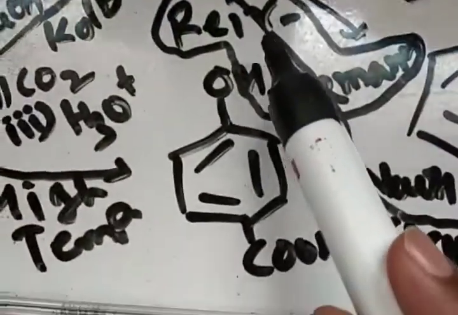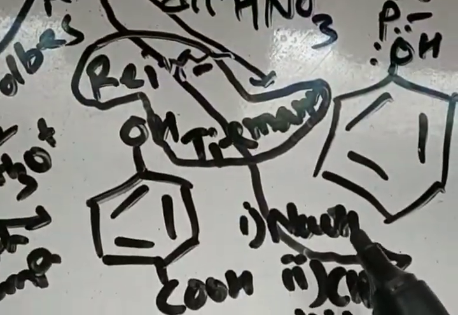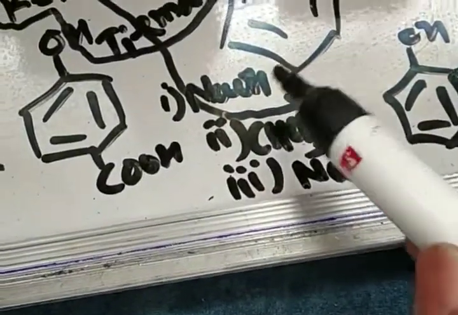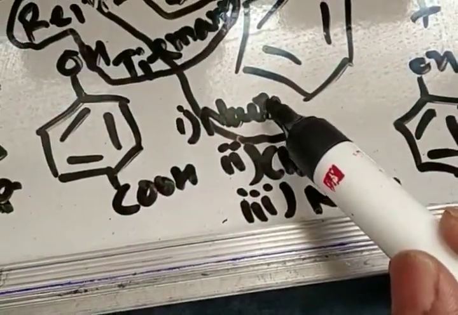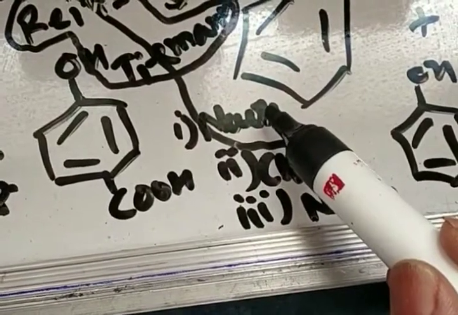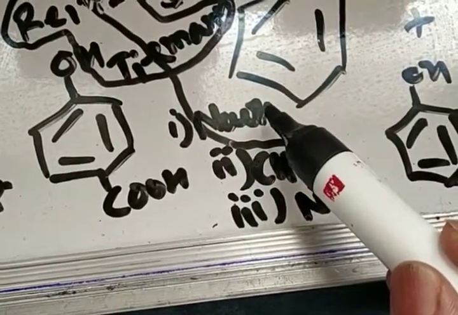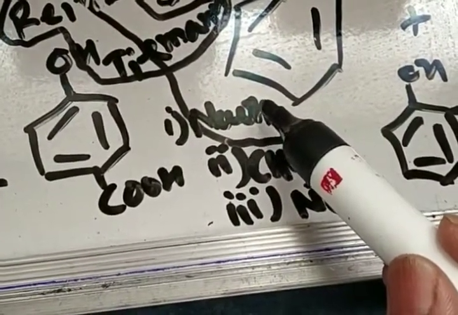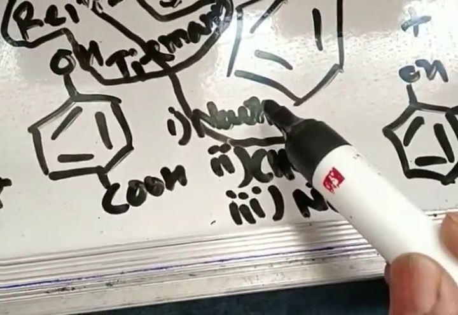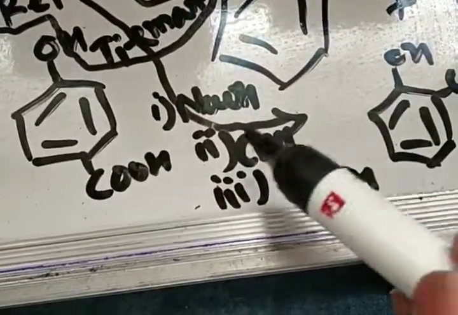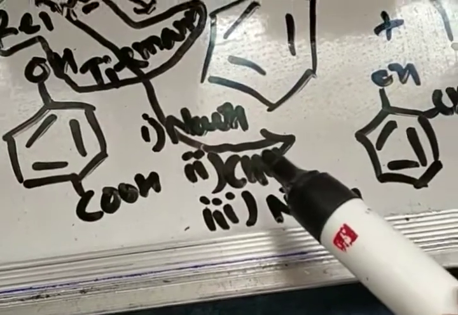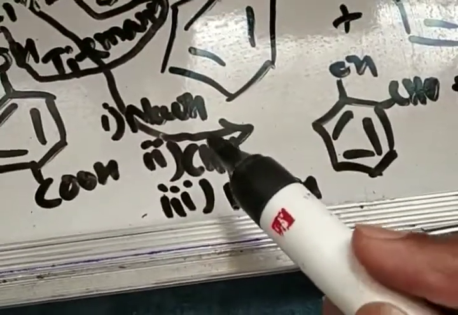Another reaction is the Reimer-Tiemann reaction. In the Reimer-Tiemann reaction, phenol is heated with NaOH and chloroform. Here NaOH is used to convert phenol into sodium phenoxide, which is better for electrophilic attack because chloroform is a weaker electrophile. This chloroform attacks at the ortho position and